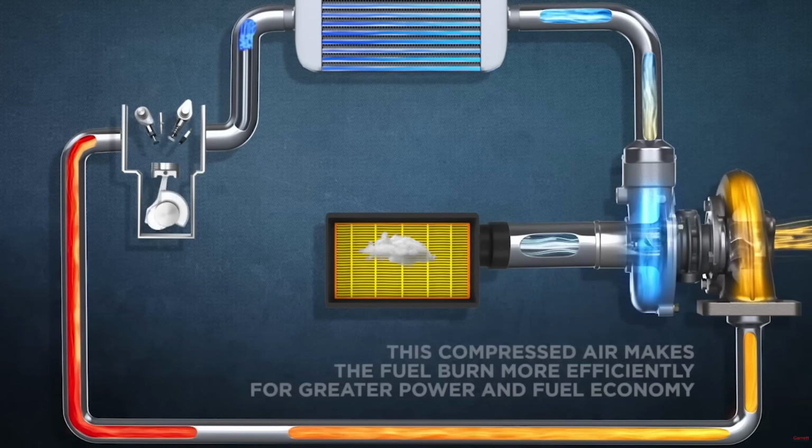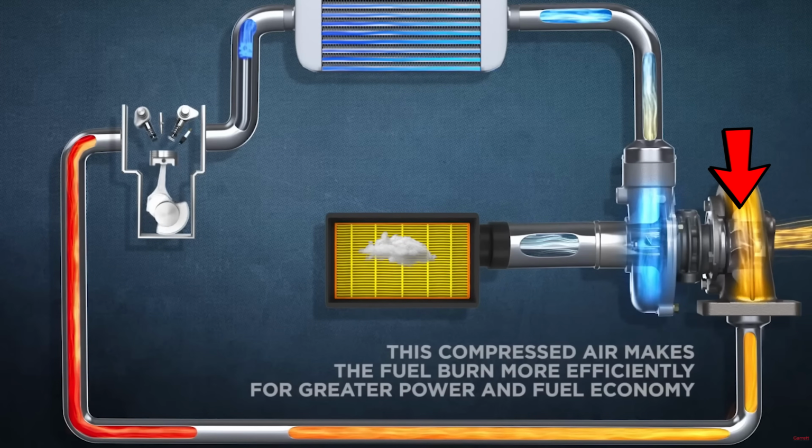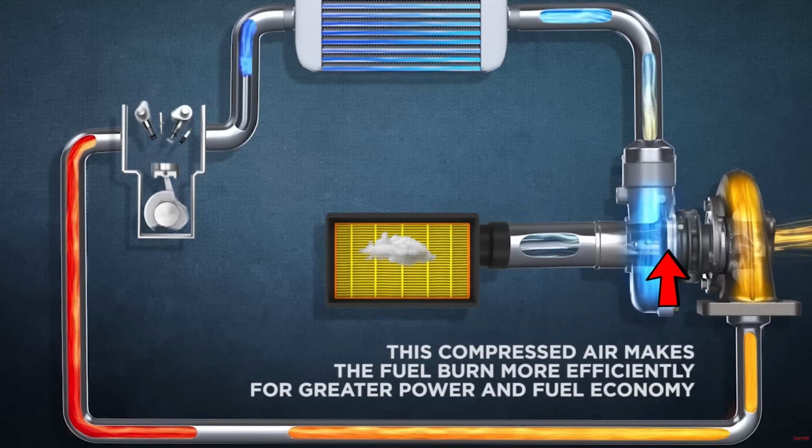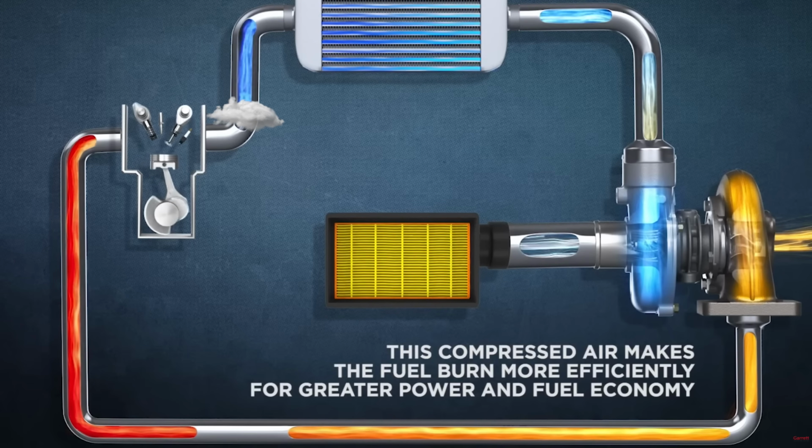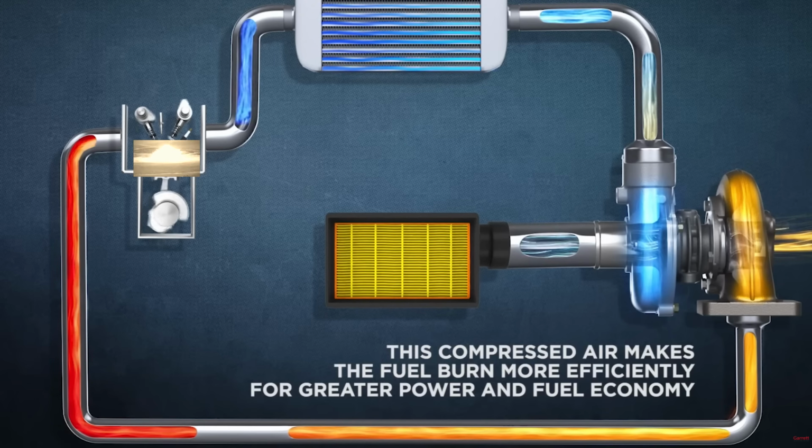A turbocharged engine uses the exhaust gases to spin this impeller here. The same impeller is connected to another impeller on the intake side of the turbocharger. This cold side impeller sucks air and pushes it along these pipes. By pushing more air into the engine, the computer can add more fuel because there's more oxygen, which means a bigger controlled explosion. This means the engine can produce more